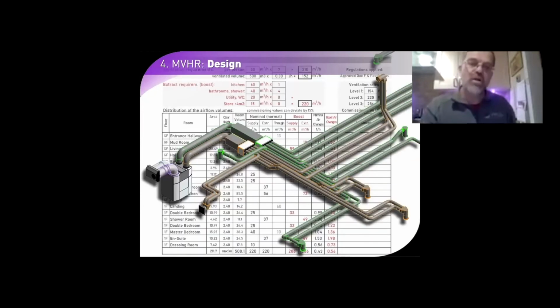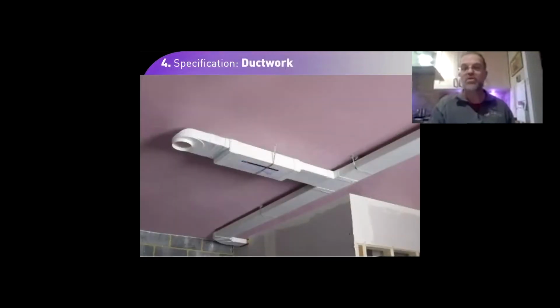As mentioned before, what's involved is good calculations, a duct design for your supply and extract ductwork, different components like attenuators for noise attenuation, and then you can achieve a ventilation system which actually works very well and is completely inaudible. And that's what you want. What you don't want